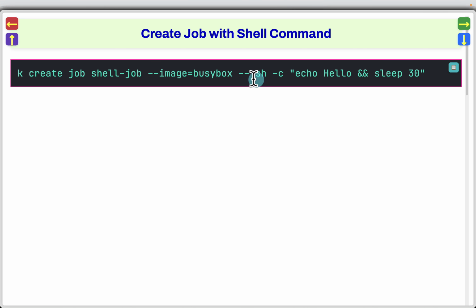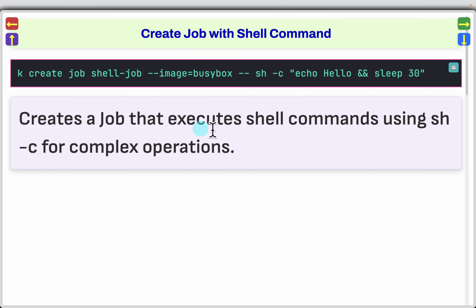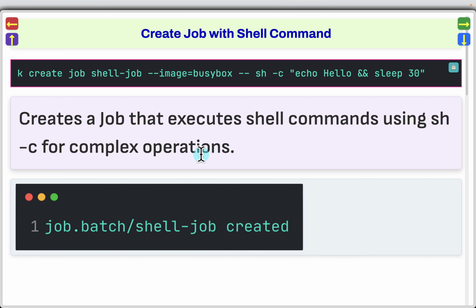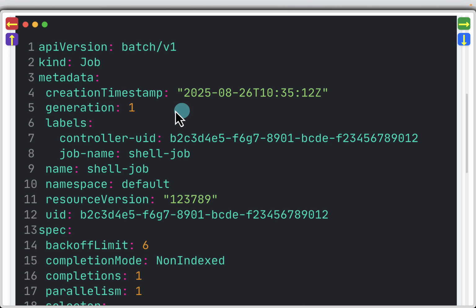In the previous we have dash dash and direct echo. But if we have more than one command, we have to use this particular syntax, shell and run this command, and then we do a double quote and this whole thing goes into the busybox image container. And this creates a job that executes shell commands using the sh -c for complex operations. And you will get, okay, this job is created and the output will look something like